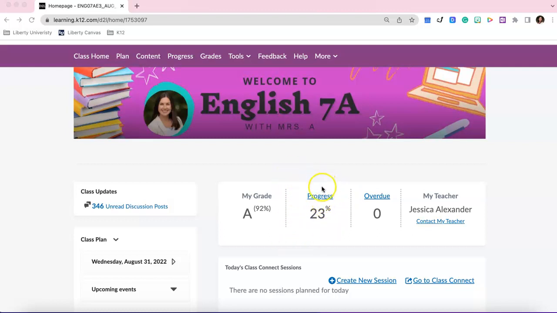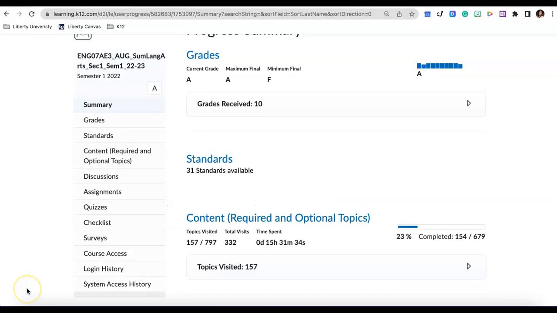Now, if you'd like, you could click on this progress button here in the middle, or you could navigate to the toolbar next to content. You'll notice there's progress, grades, tools, feedback. If you click on the progress button, it will show you your progress. All right, so once you've clicked on the progress button or progress link, this is the home page of your